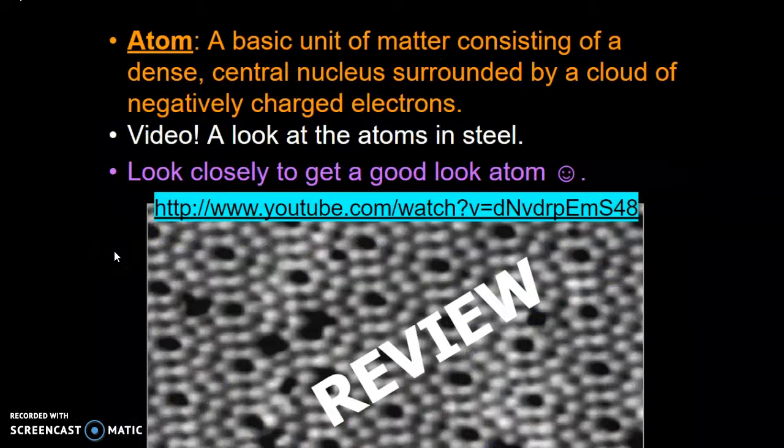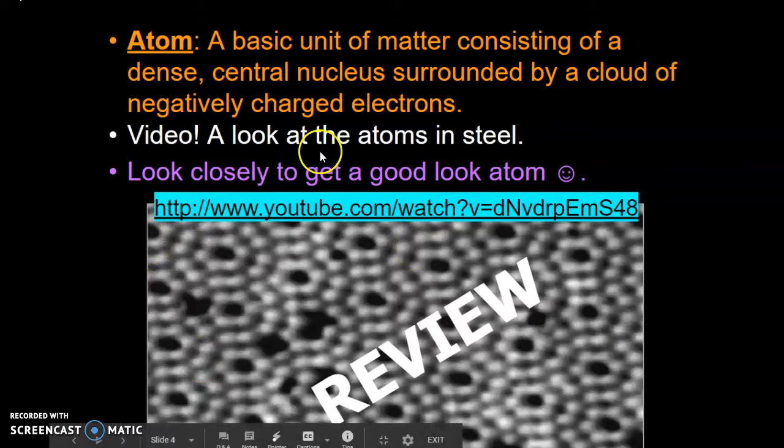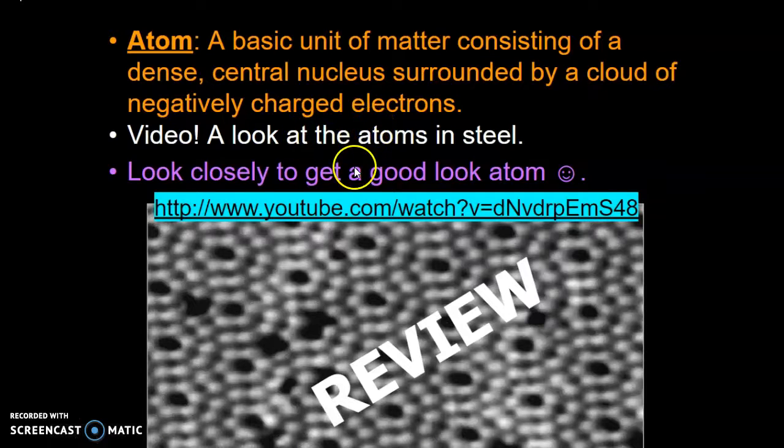Okay, along with matter, we learned about an atom. An atom is your basic unit of matter. And we know that that consists of a central nucleus surrounded by a cloud of negatively charged electrons. And if we remember back from our lesson, we might remember that between the nucleus and those electrons really is a lot of empty space. But we can look real quick at a video of the atoms in steel, particularly. And this is a video that's going to zoom way in